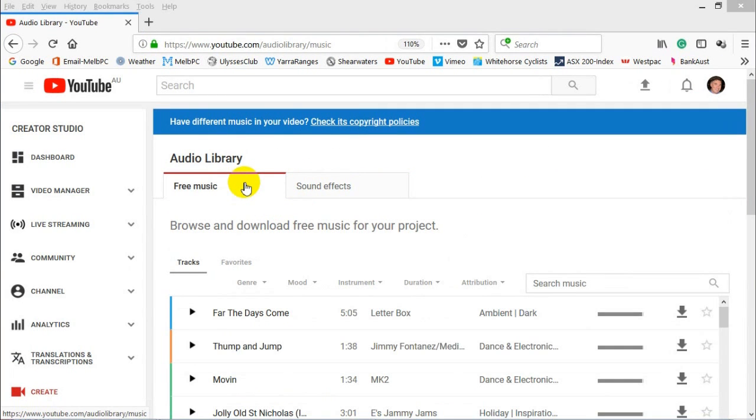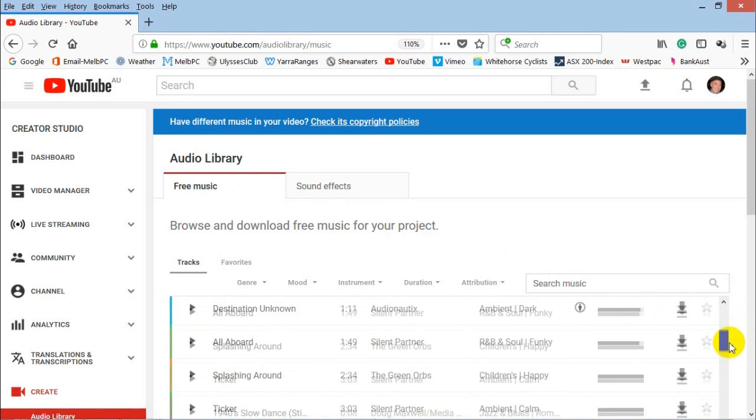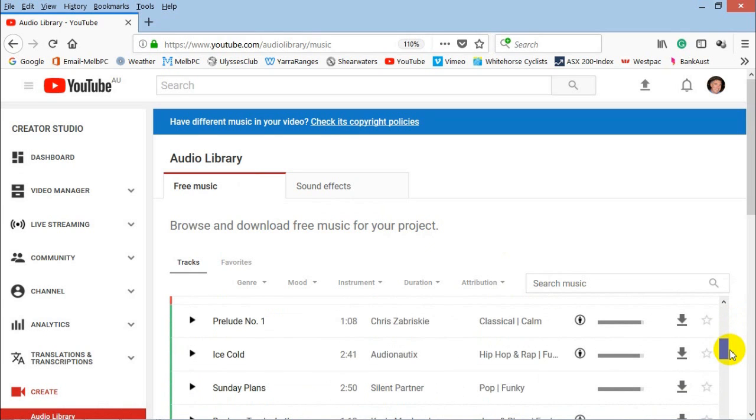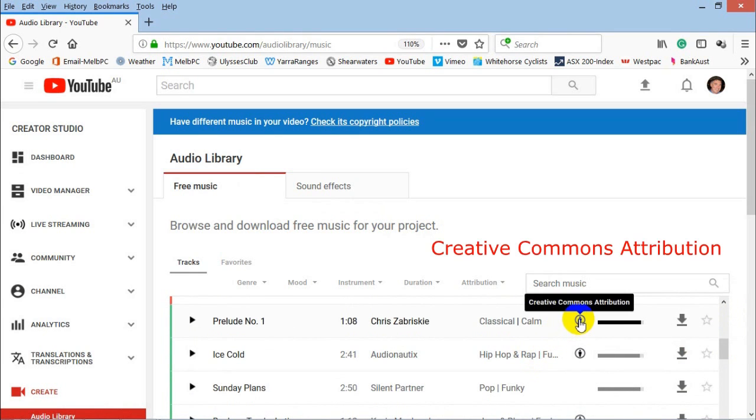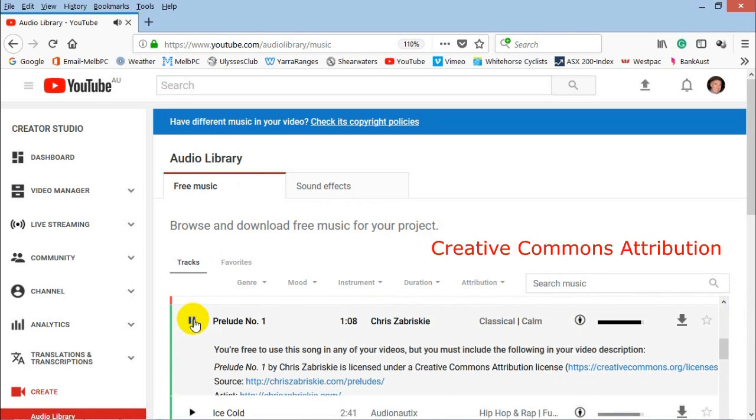When you click on the free music tab, hundreds of songs will appear, with the most popular ones at the top. The longer the line, the more popular. We can scroll down here and find some other songs. This one has actually got a little man here. If we listen to that song,